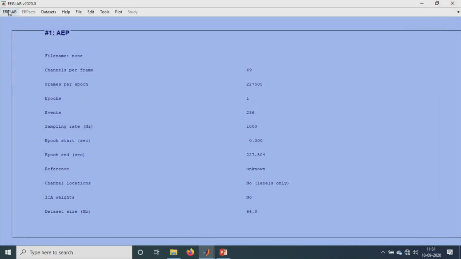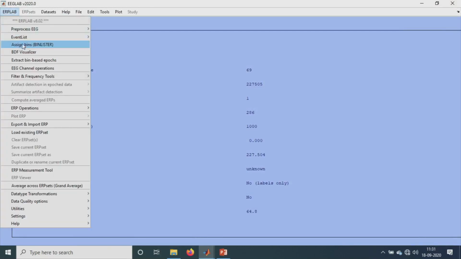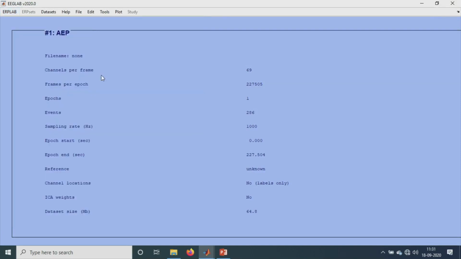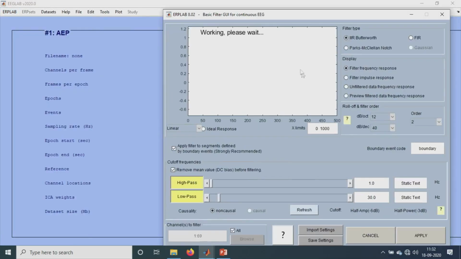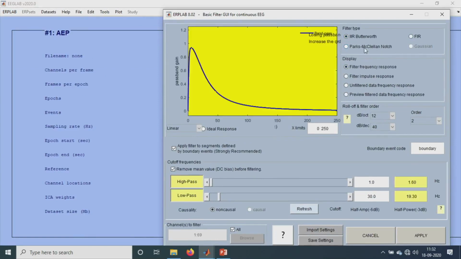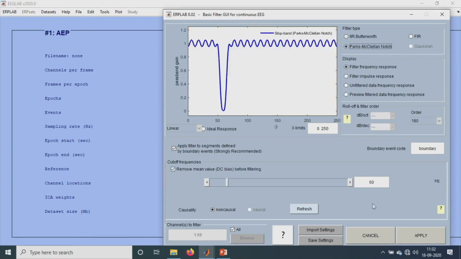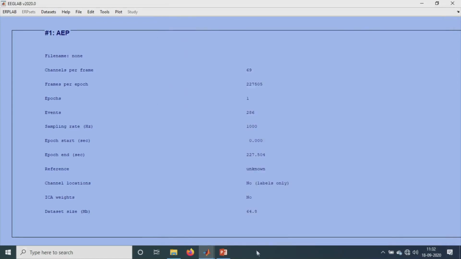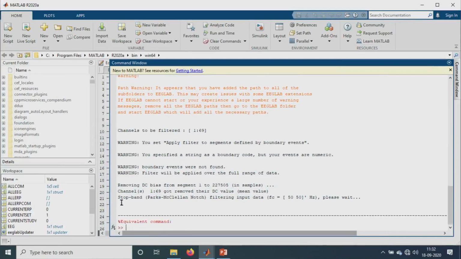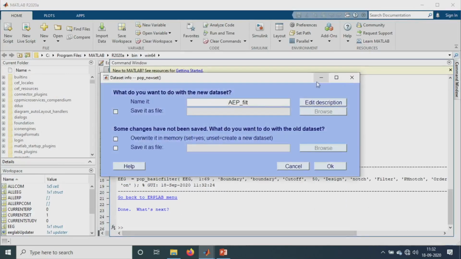Before doing any analysis, we just want a small filter to be applied, called the notch filter. There are various filters like the FIR filter or IIR filters, but we will take this notch filter, and usually we take a 50 hertz notch filter and just apply it. While doing it, in this command window it is all shown how the processing is being done, how far it has gone, and these are the equivalent commands that we get.